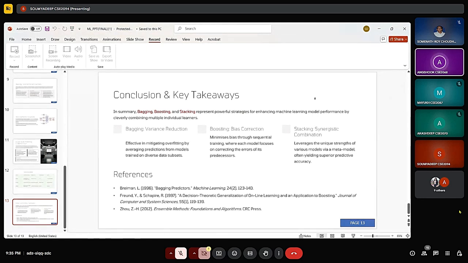Boosting, on the other hand, minimizes the bias through sequential training, where each model focuses on correcting the errors of its predecessors. And at last, stacking, synergetic combinations, leverages the unique strengths of various models via a meta model, often